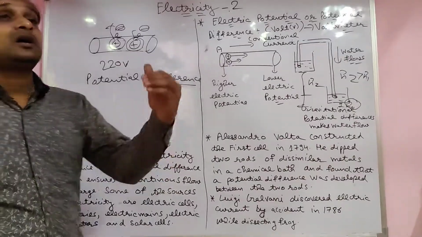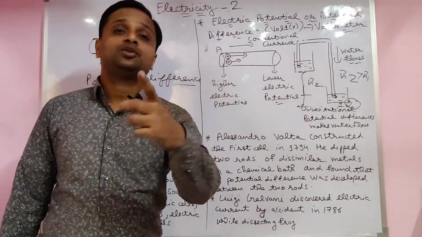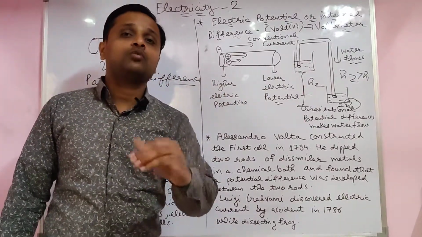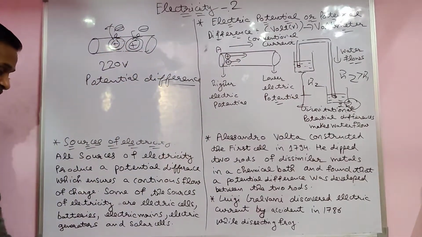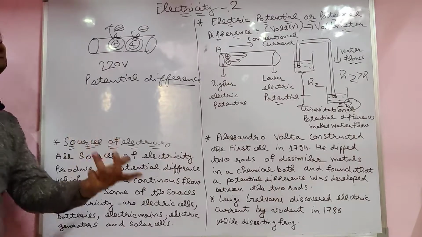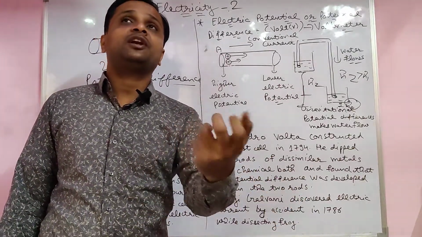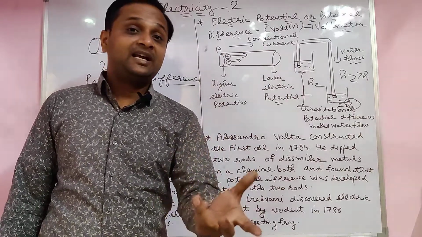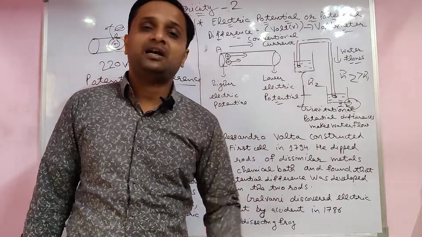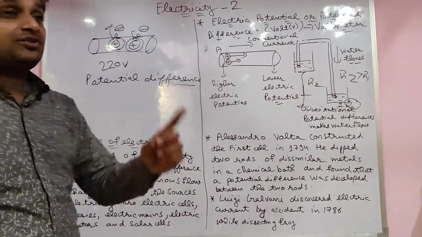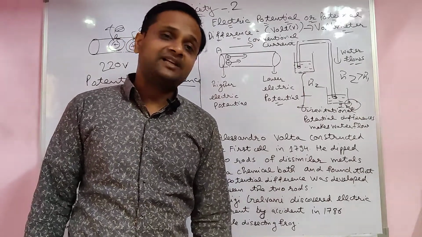Yes, so same is there. Charge moves from high potential to low potential always. Current moves from high potential to low potential, and electrons move from low potential to high potential. Yes, these are the main things which provide the potential. Charge is already present in the wire. Charge is already present in the battery. The battery has sulfuric acid, H2SO4. It breaks into ions. When you apply the potential difference, then ions start moving in one direction.